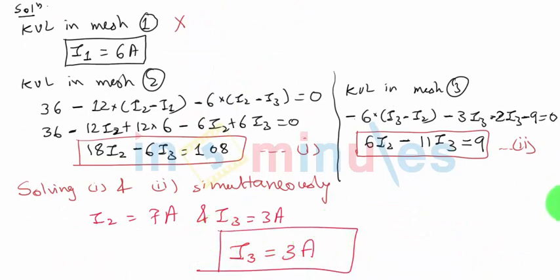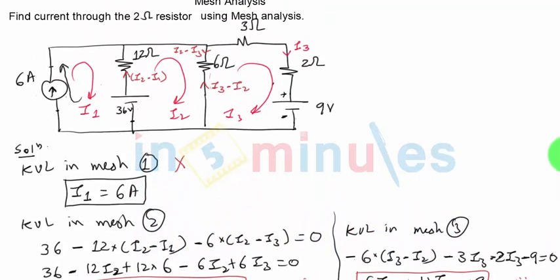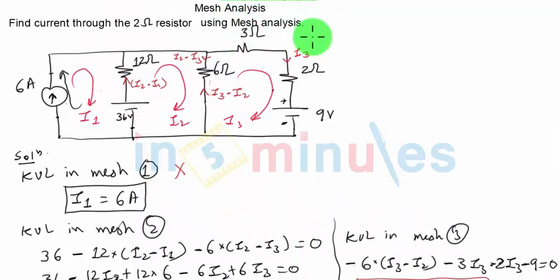So I repeat, whenever you have to find something and the method of solving is mentioned, you have to follow that method and go ahead. One important conclusion from this problem will be that whenever there's a current source in any mesh, then you cannot apply KVL directly. If the current source is present only in that loop or that mesh, current will be exactly same as the value of current of that current source.